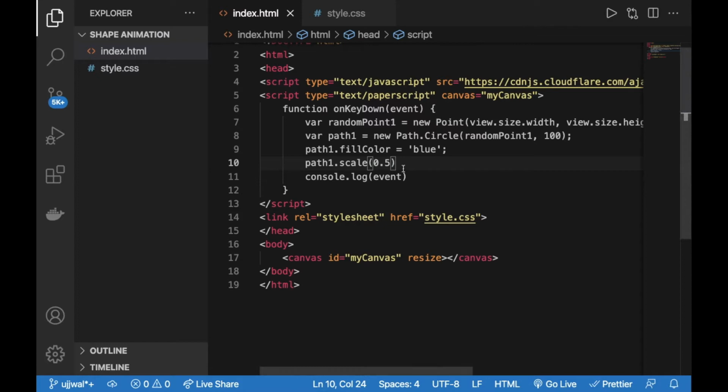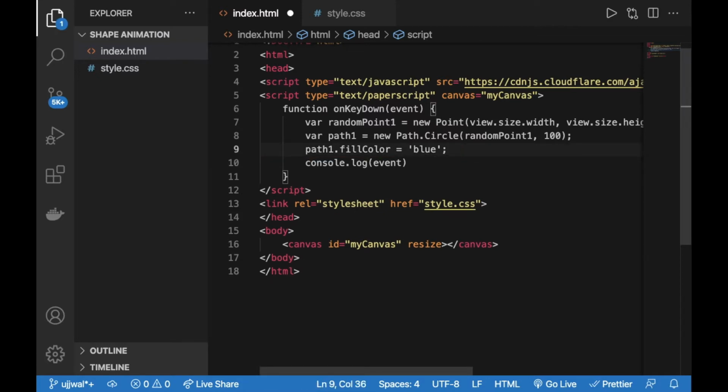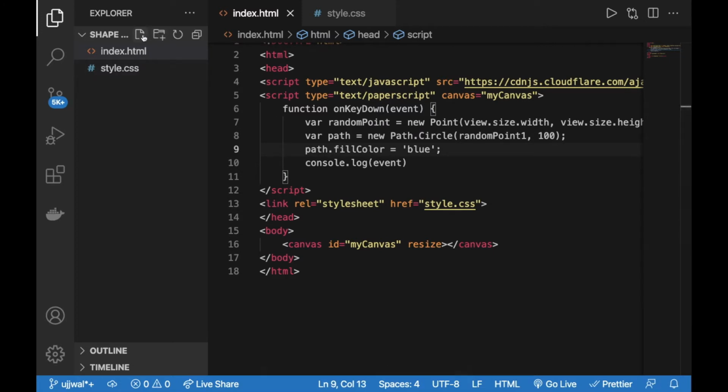This is what we are going to do. We are going to shrink their size, and how we are going to do that, I'm going to show you in a minute. Before that, let me remove all the other shapes here, because we are only working with one shape and the rest doesn't make any sense now. And let me create one more separate file for the animation only, animation.js.